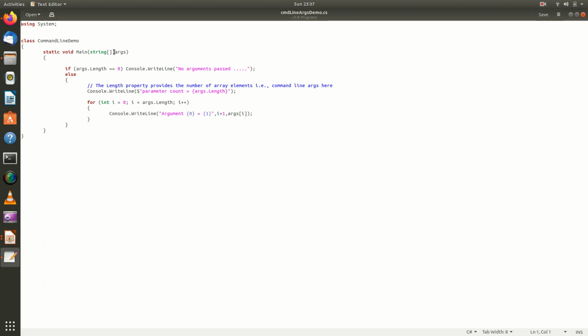I pass a string array argument which will retrieve all the command line arguments that I am going to pass, and I simply check whether the length of the arguments is equal to 0. If so, I display a message saying that there are no arguments passed. Otherwise, I display the length of the arguments.